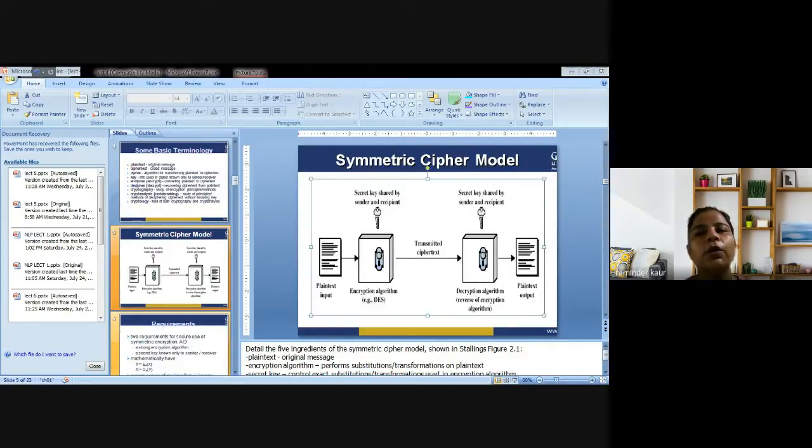A message authentication code can be constructed from an AEAD cipher. So what is an AEAD cipher? That is authenticated encryption and authenticated encryption with associated data. These are forms of encryption which simultaneously assure the confidentiality and authenticity of the data. However, symmetric ciphers cannot be used for non-repudiation purposes.